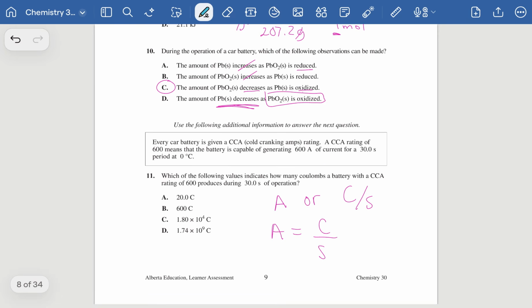Now what we can go through is, if it's telling us that we are producing 600 amps in 30 seconds and we want to know how many coulombs, we can plug in 600 for amps and divide that by 30 seconds, and then isolate the C, and you'll see that your answer is C. So